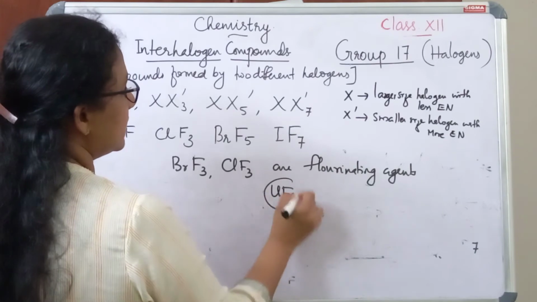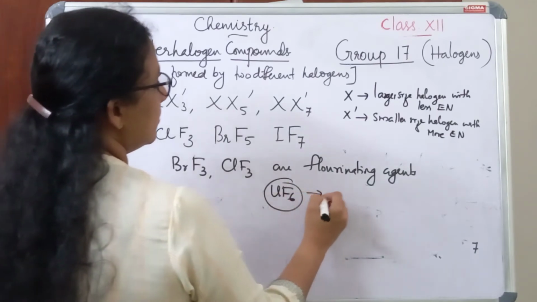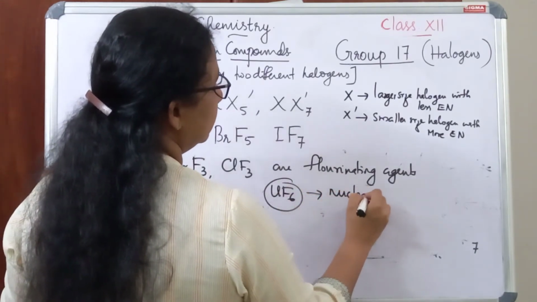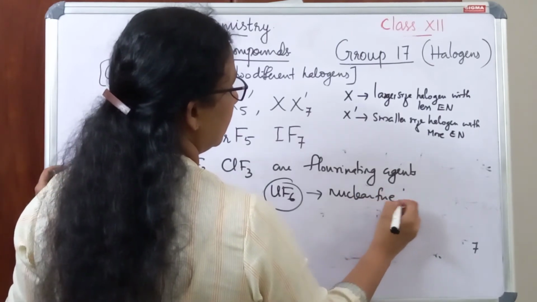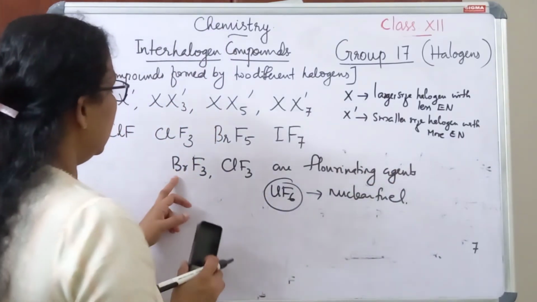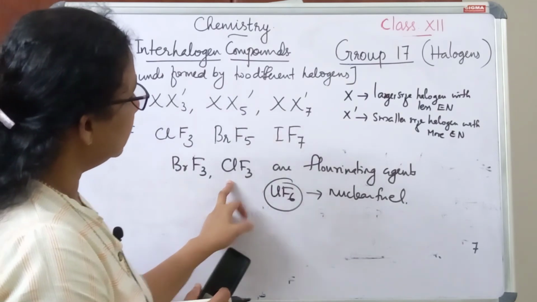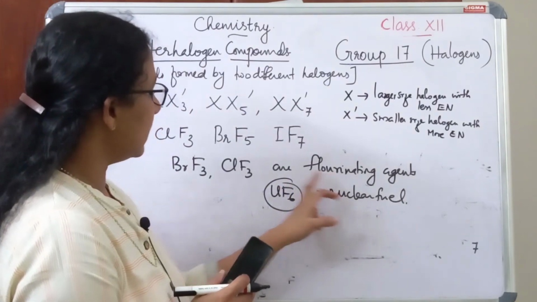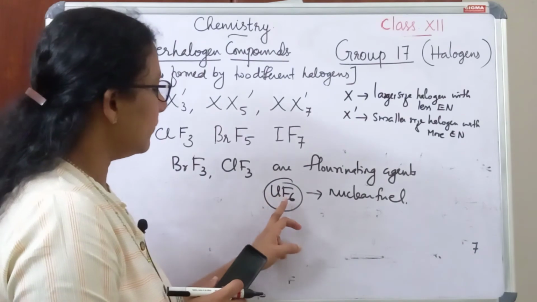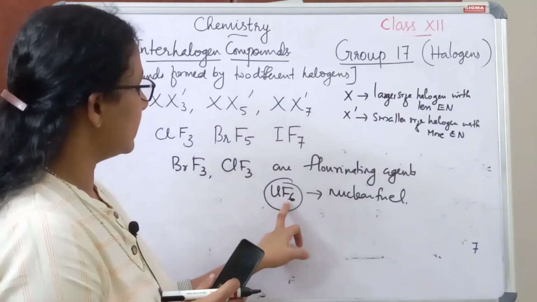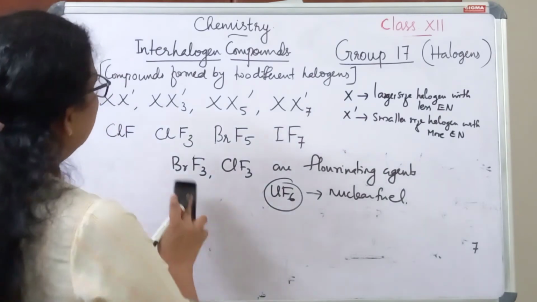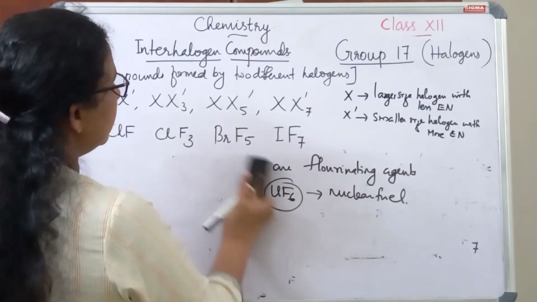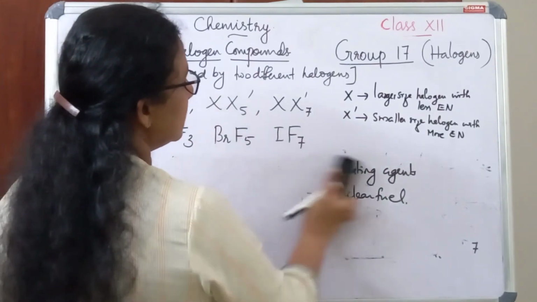So UF6 is used as a nuclear fuel. So BrF3 and ClF3, they are used as fluorinating agent, and these are again used for the production of UF6, that is a nuclear fuel. So we can expect one question from this part, another question from this part, that is